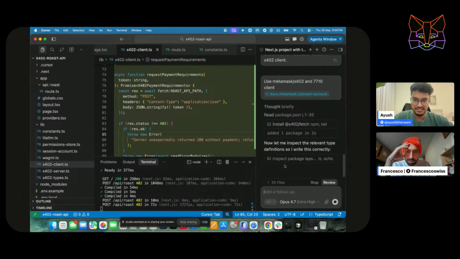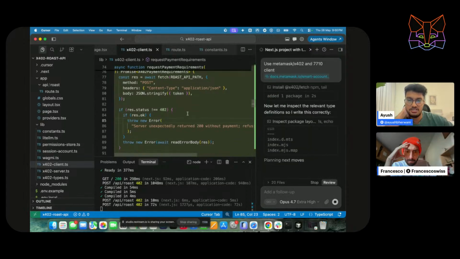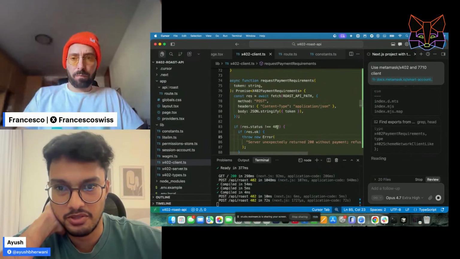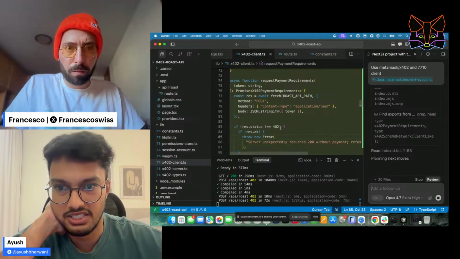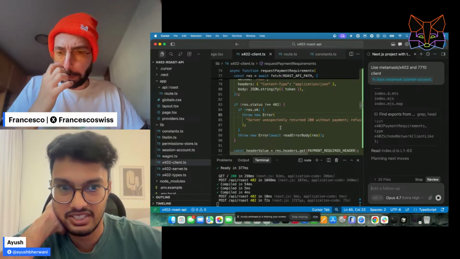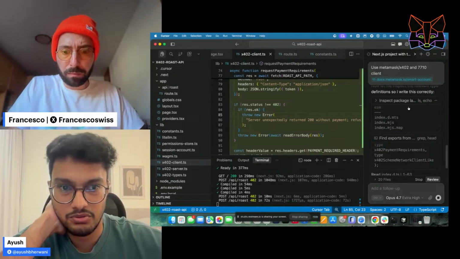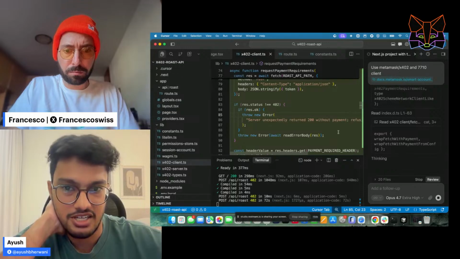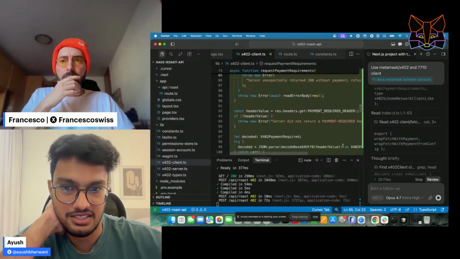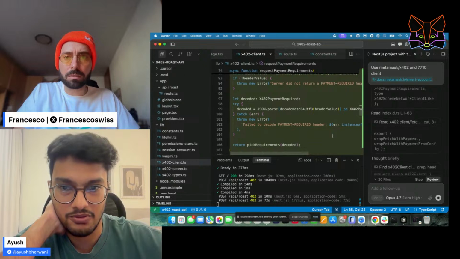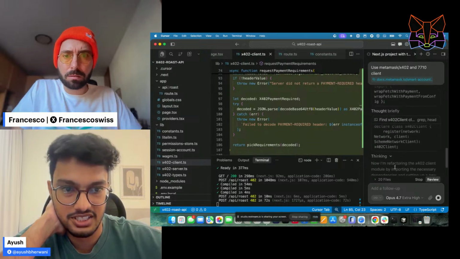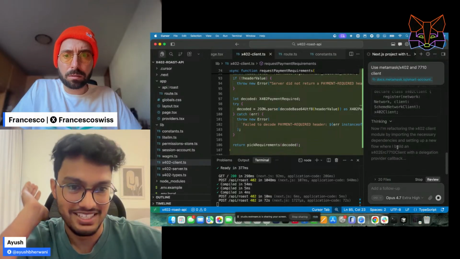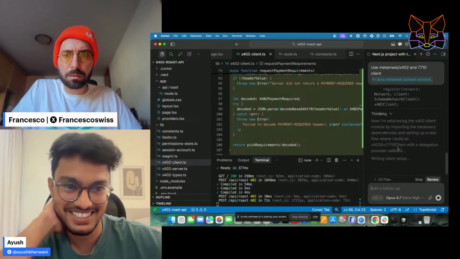It's the 7710 client. Yeah, it's returning an empty response because I didn't want it to handle everything by itself. It is trying to hit the x402 API, get the payment requirements, then check the payment requirements and everything. But we already have the x402 package for that, and it should not do it on its own. I thought it would work out, but it's starting to not work out. So I gave it the docs again and said, use what we have in the package and not do something of your own.